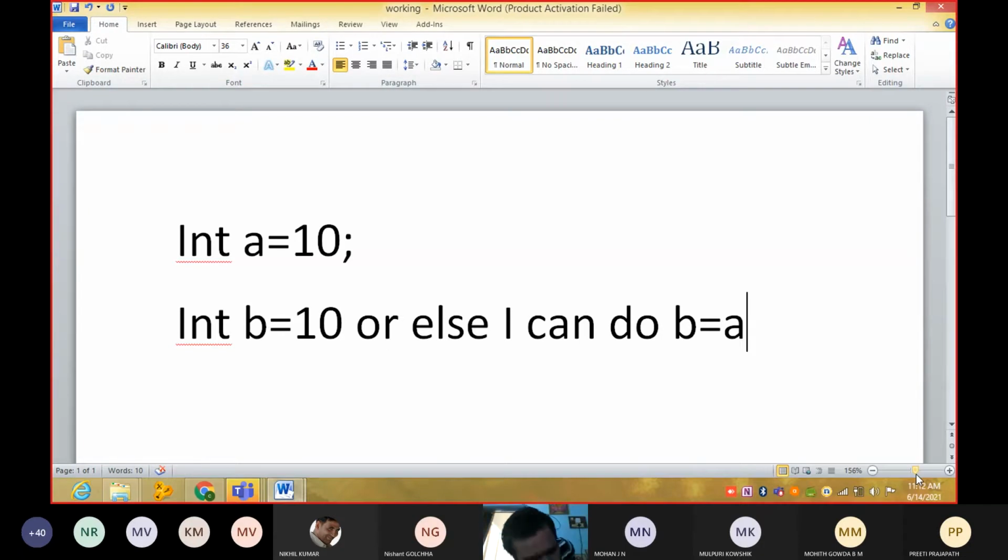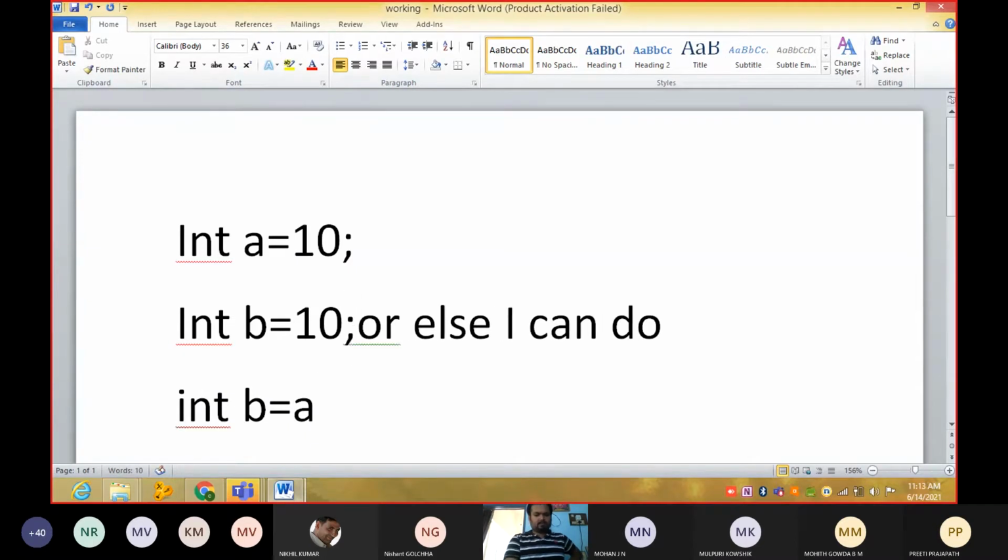I have declared int a is equal to 10, and I can do this one, or else I can do int b is equal to a. Guys, what will be the output of third line? What will be the result of the third line? Reply in the chat box.